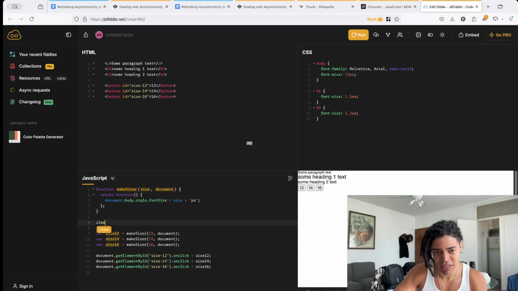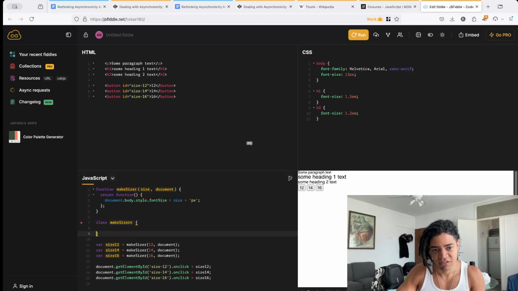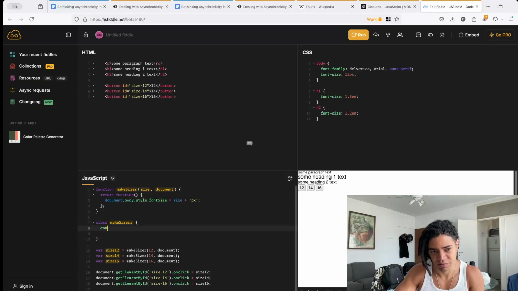Pretty much like you say, hey, class, because behind the scenes it is using this function constructor. You say, hey, make sizer, okay? And instead of passing these parameters, this is the way you pass this parameter using a constructor that you say, yeah, the size and the document here,